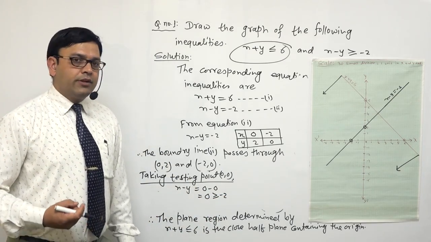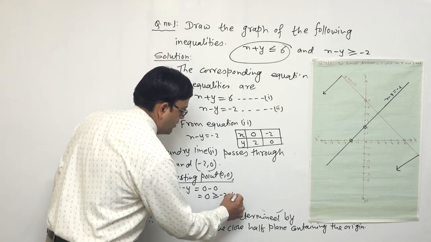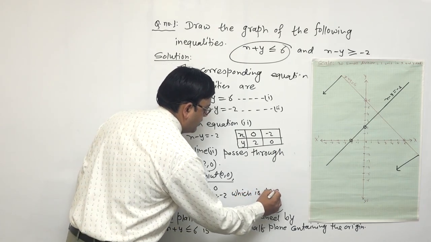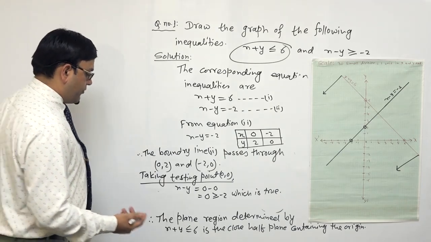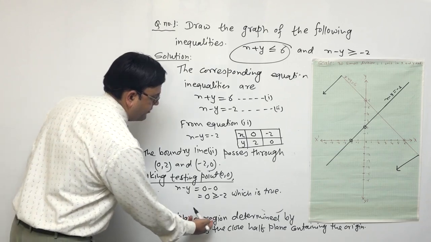0 is greater than minus 2, therefore this statement is true, which is true. Therefore, as we wrote before, therefore the plane region determined